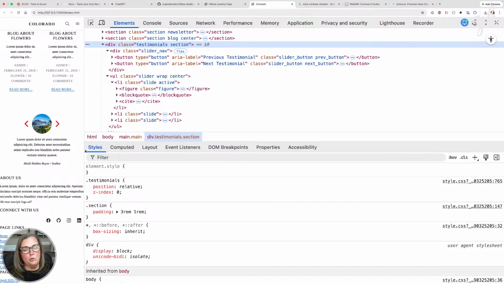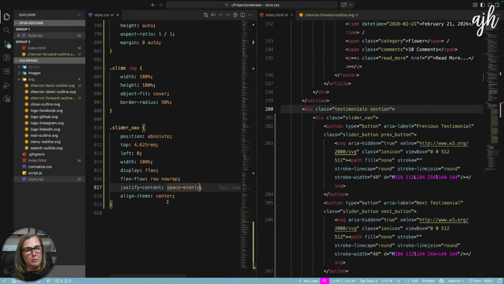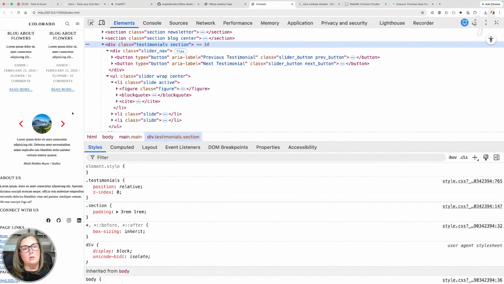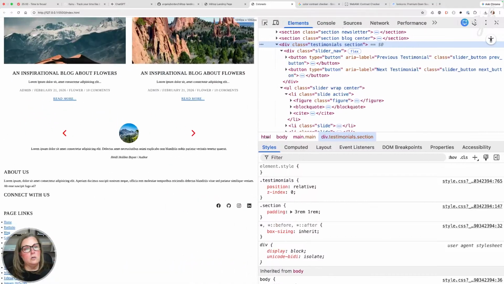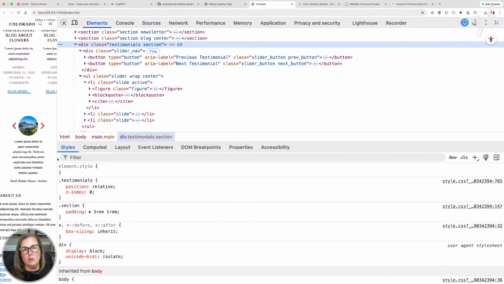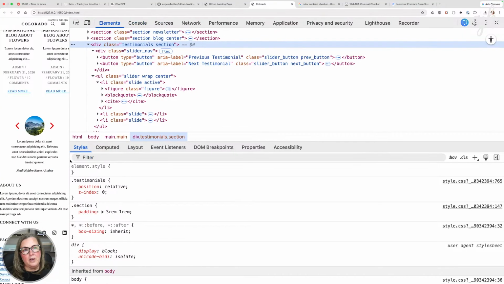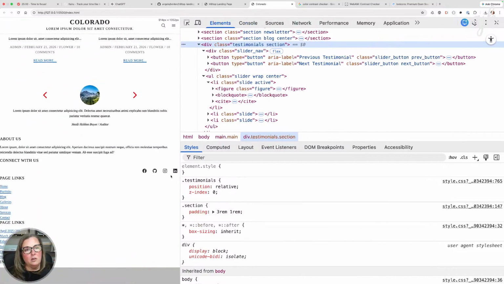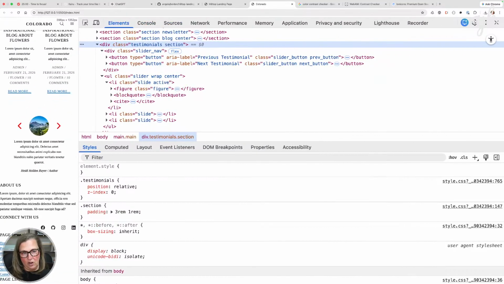We may want to do space-around. That works. That's okay. That's down to like 288. And then we could always change this on mobile too. So we can change these buttons. We can move these.